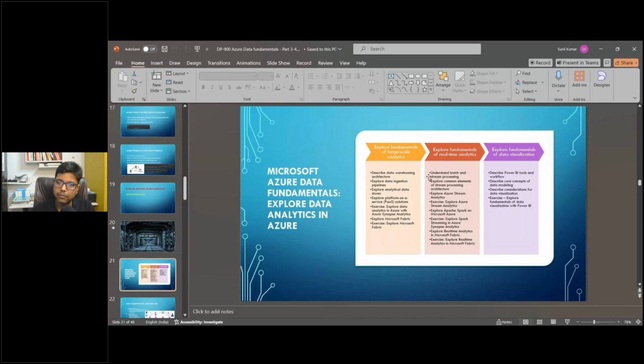In large-scale analytics, we are going to discuss data warehousing. What's the architecture of data warehousing? How does data ingestion work? We'll discuss some of the pipelines of analytical systems. We'll explore platform as a service solutions for large-scale analytics. And we'll see what's the offering via Microsoft Fabric. Fabric is a new service, a unified platform which is now being offered by Microsoft Azure. Then under real-time analytics, we'll learn about batch processing, the difference between batch and stream processing, common elements